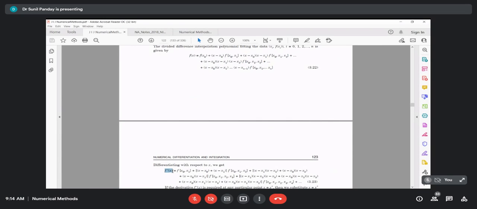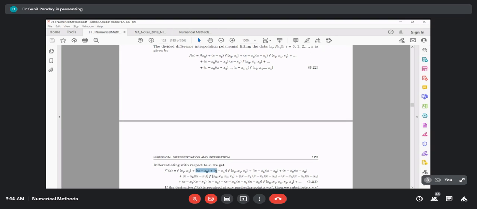On the left hand side, it is f dash x. On the right hand side, this is a constant, so this one is 0. And here there is only one linear factor of x. If we differentiate this, we will get 1, and f of x naught, x1 remains. Here we have a product of two linear factors, x minus x naught into x minus x1. So we keep the first as it is and differentiate the second, plus we keep the second as it is and differentiate the first,